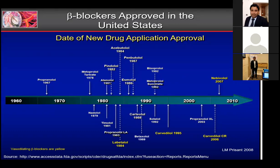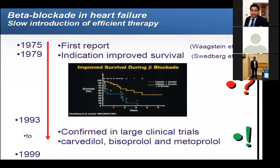So the problem is that there are so many of these various drugs. Some of them, like labetalol, have very specific indications, or sotalol, which has antiarrhythmic indications. But many of them have multiple common indications, and so we are here to see which ones are better. Now, beta blockers in heart failure: this was a slow introduction, but in 1975, there was the first